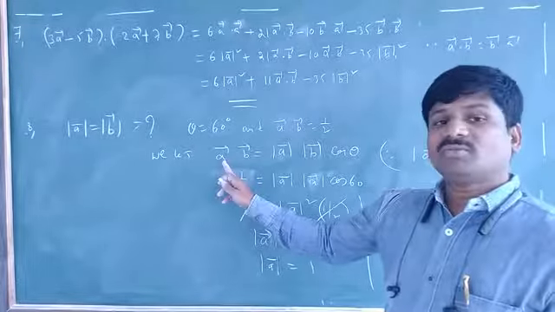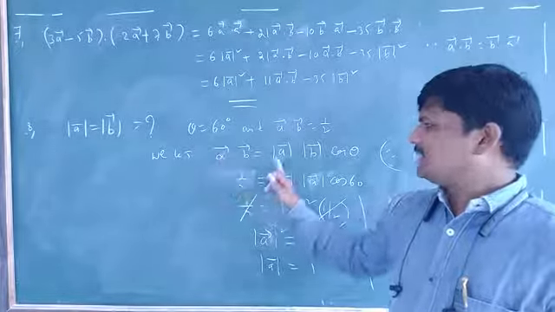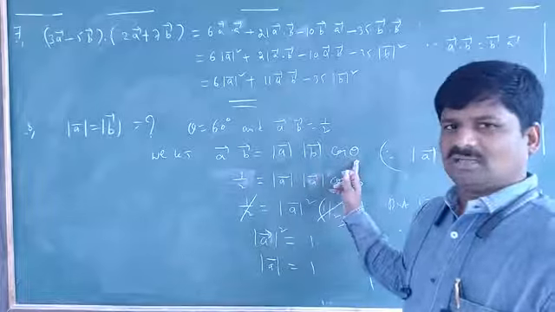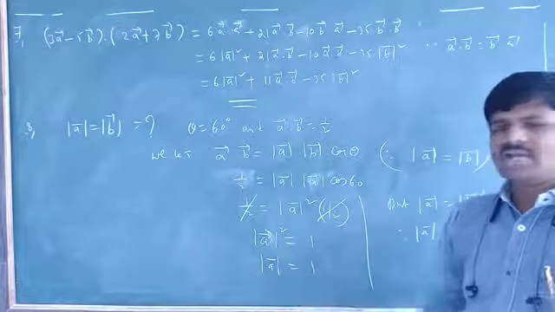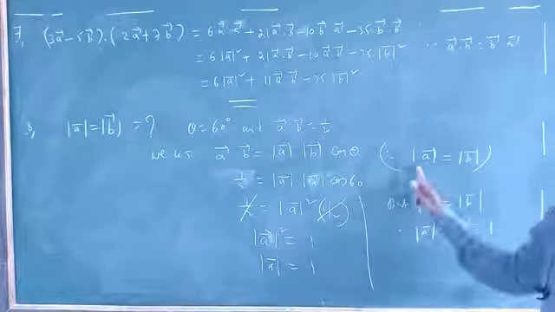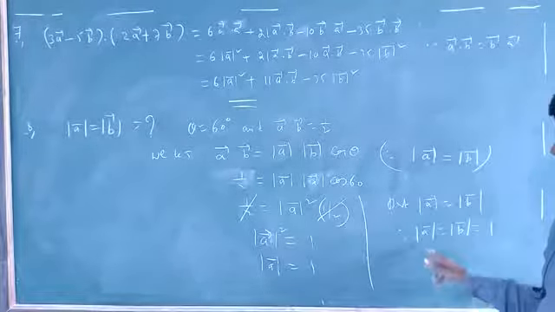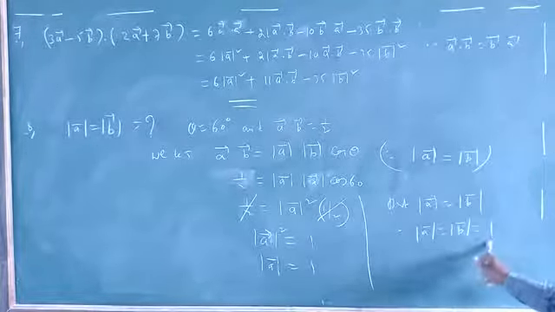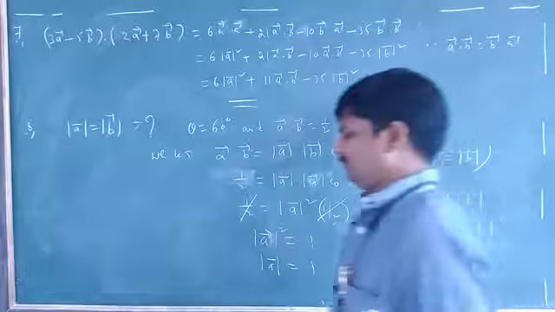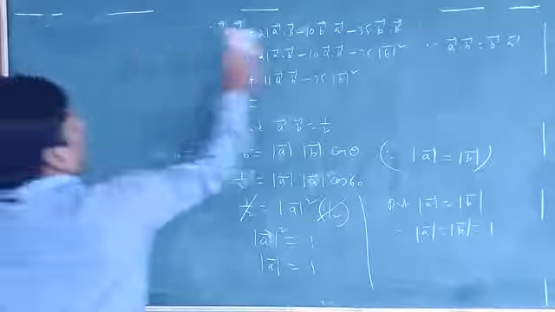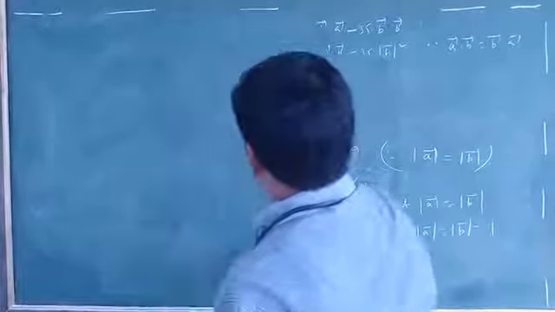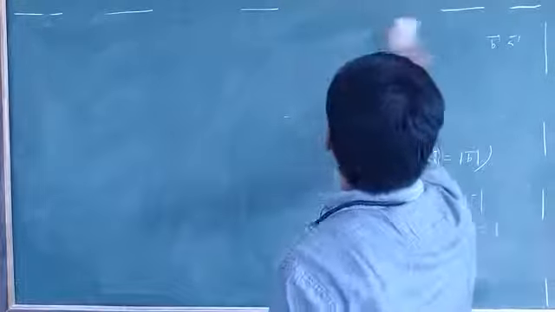What is the dot product of the two vectors a bar and b bar? It is equal to mod a bar, mod b bar cos theta. I substituted all the values and simplified. Then what I got: the mod a value. As well as mod a equal to mod b is given, so mod a is equal to mod b. Those values are the same, equal to 1 only. Yes, this is question number 8. In this manner we have to solve the question. Okay. Next, come to question number 9.